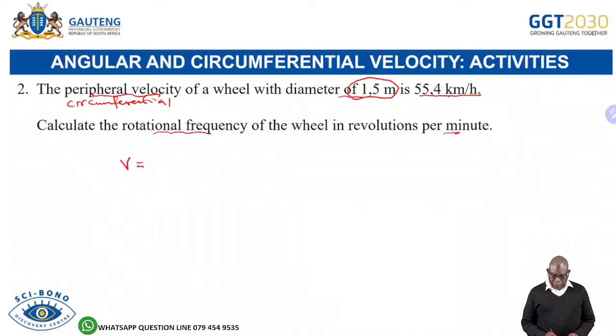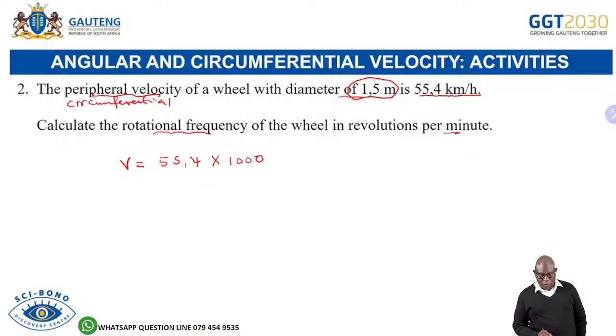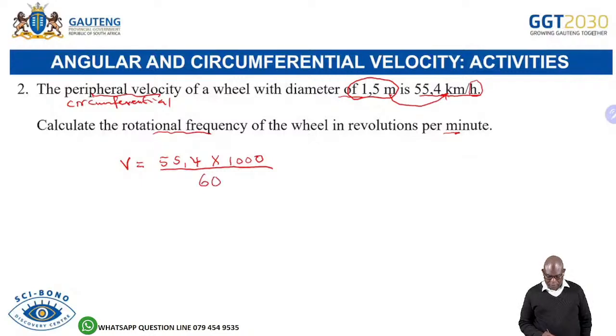So I'm going to say 55.4 multiplied by 8,000. Why multiply by 8,000? Because from meters to kilometers is 1,000, so I'm going to multiply that by 1,000. But for the minutes, I need the minutes here, so I'm going to divide that one by 60. So I've got meters and minutes. Meters and minutes, yes. So the answer that I'm going to get there will be